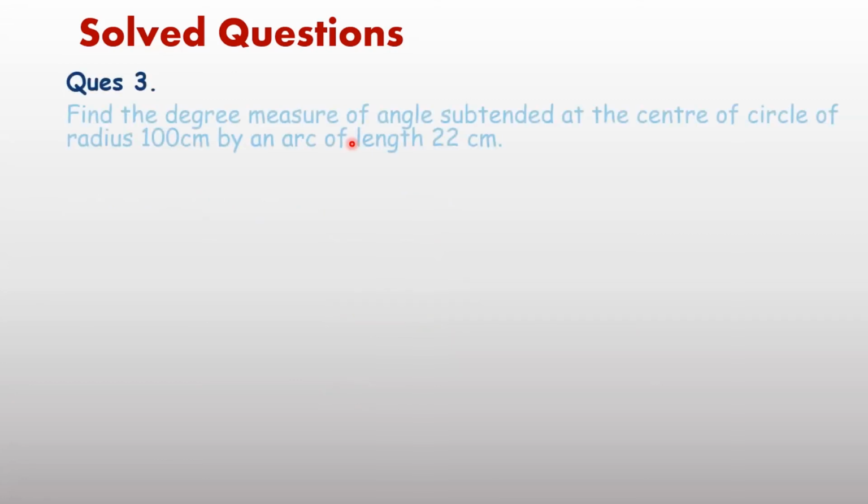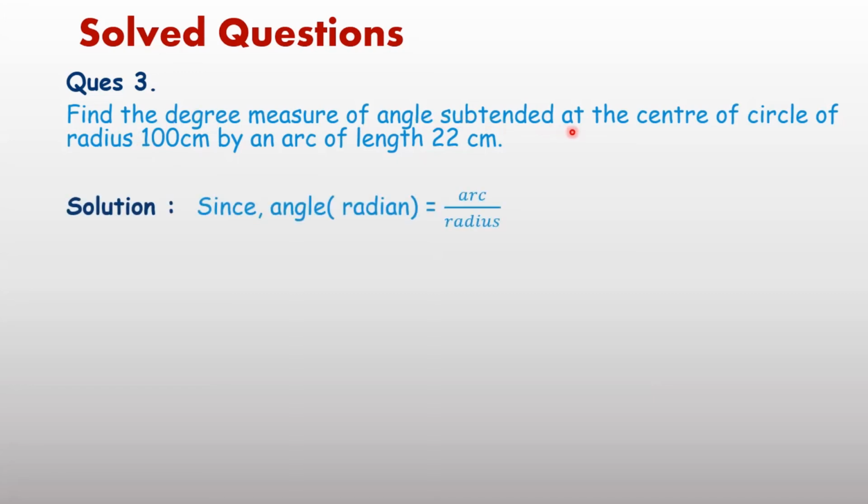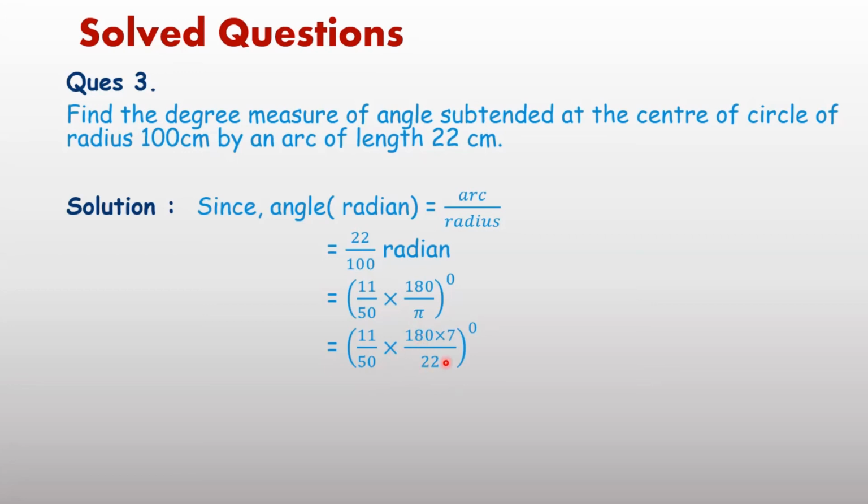A word problem is given. Find the degree measure of the angle subtended at the center of a circle of radius 100 cm and arc length 22 cm. Simply you know the formula, angle at the center equals arc upon radius. Arc 22, radius 100 means 22 upon 100, means 11 upon 50 radian. Now convert in degree, 11 upon 50 into 180 upon pi. Further simplify it, 11 upon 50 into 180 upon 22 into 7,